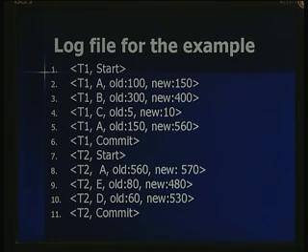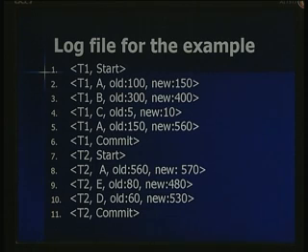Similarly, when B has been recomputed, we have an old value for B as 300 and the new value as 400. Similarly, for the value of C, it is 5 and 10. And finally, when the last computation for A took place, the old value of A is 150 and the new value is 560. It is at this point of time that T1 finished executing all its instructions and is ready for commit, and that is the time the commit log is written, T1's commit log is produced at that point